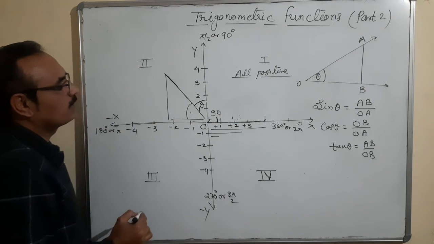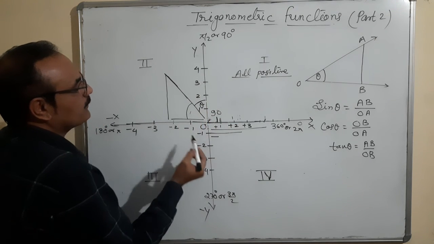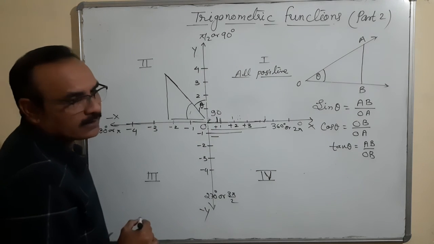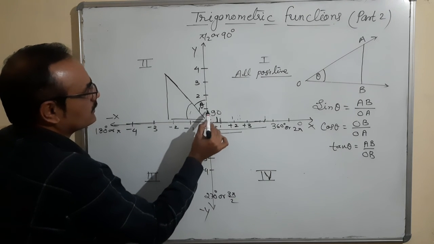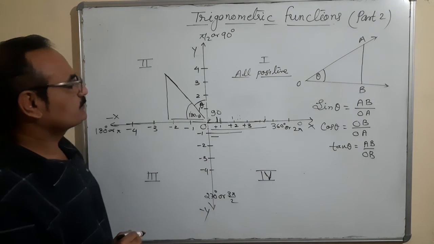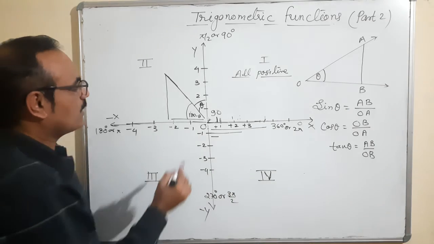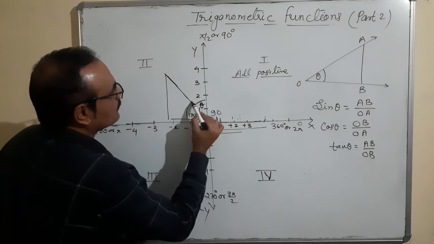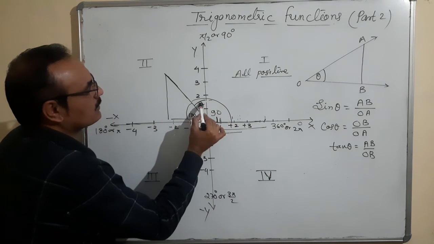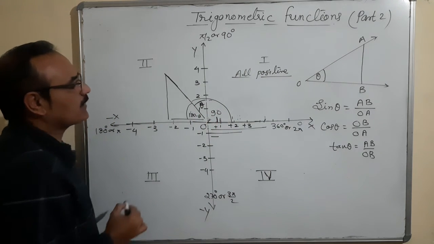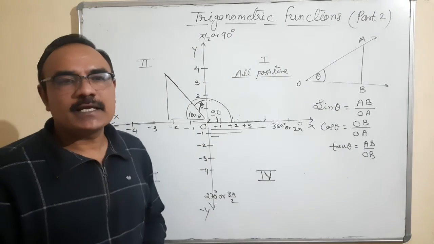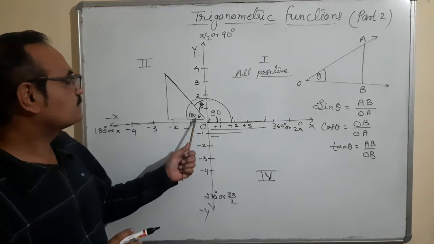180. This is 180. And if you are taking this angle as theta, what is the value of this? 90 is fixed. So may I write here 180 minus theta? I am talking about this angle, complete up to here. This is 90 plus theta. So this 90 plus theta, can I write here 180 minus theta? Okay.